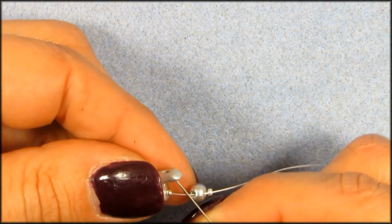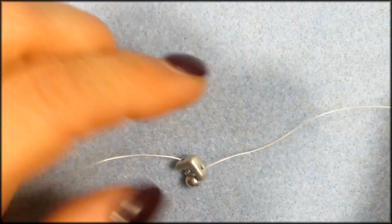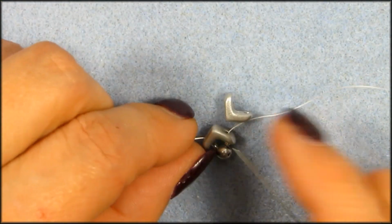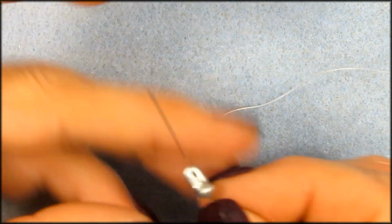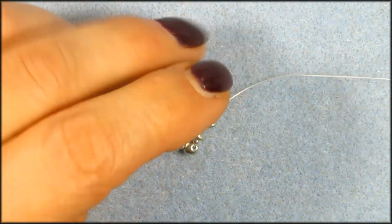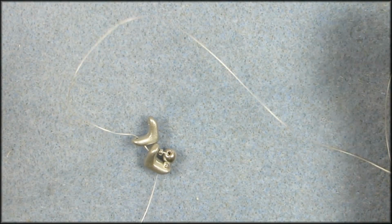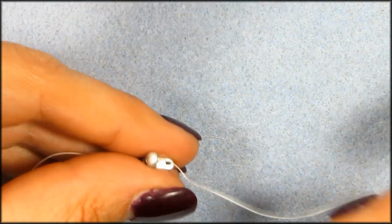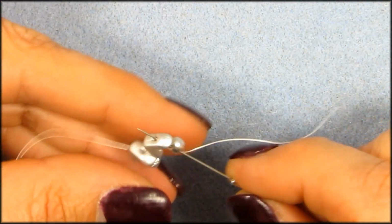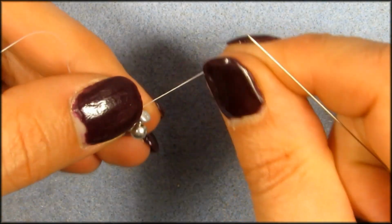I'll go into that other hole of the Eva bead, and we're gonna pick up another Eva bead, and we're gonna pick up that in a different direction, like so, so that these two sides are basically next to each other. And then we're gonna pick up a silver seed bead again, and a 15-0 seed bead and a silver seed bead. And we're going to go into the next Eva bead hole, pull that in place,